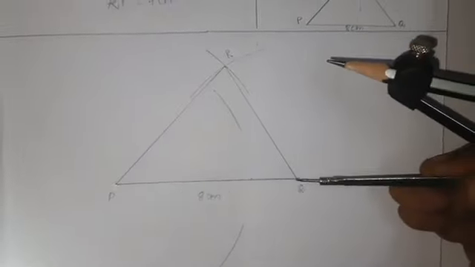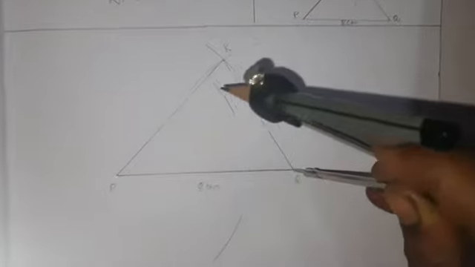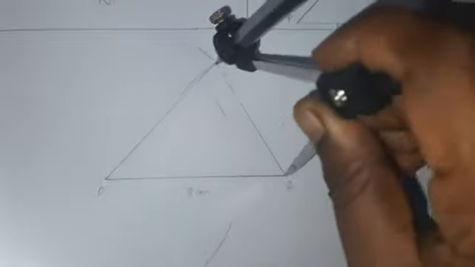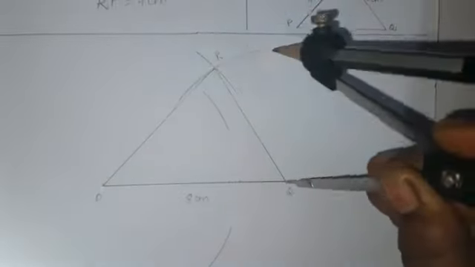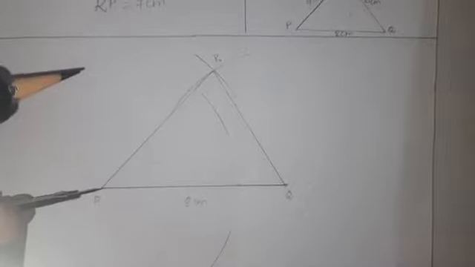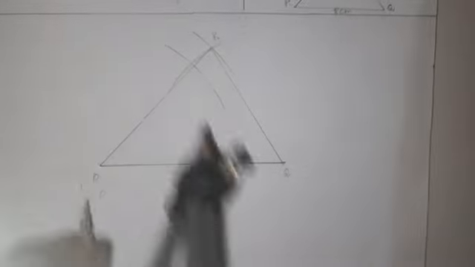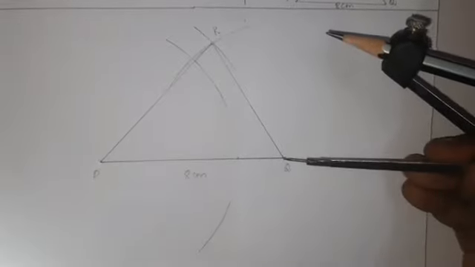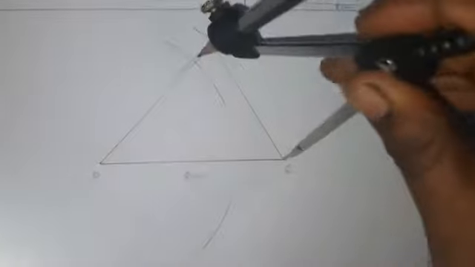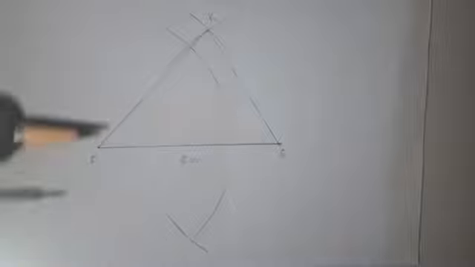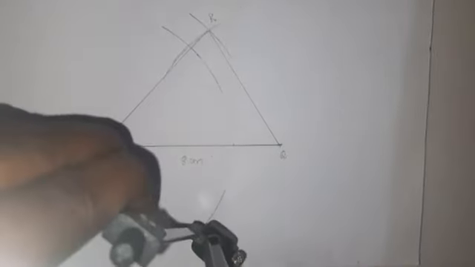Now keep the compass needle at the end of the line segment PQ, that is Q, and draw the arc like this. Here, listen, the arc is not cutting, so I am keeping it at P. Draw the arc. Next, come to P again. When you keep the compass needle, draw the arc here and below. Here I have drawn the arc.